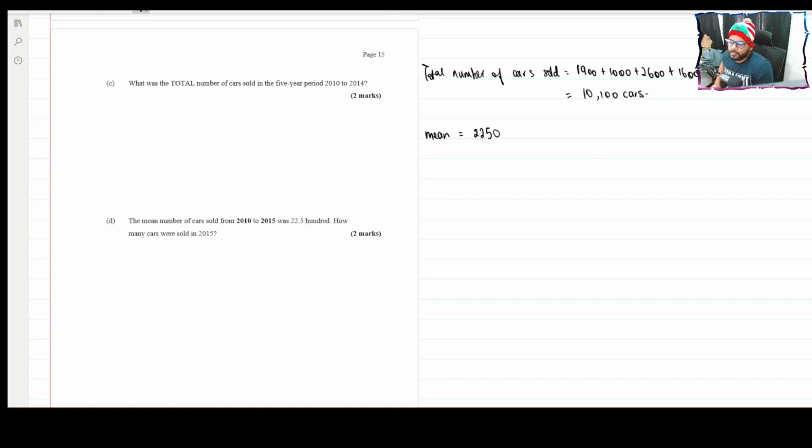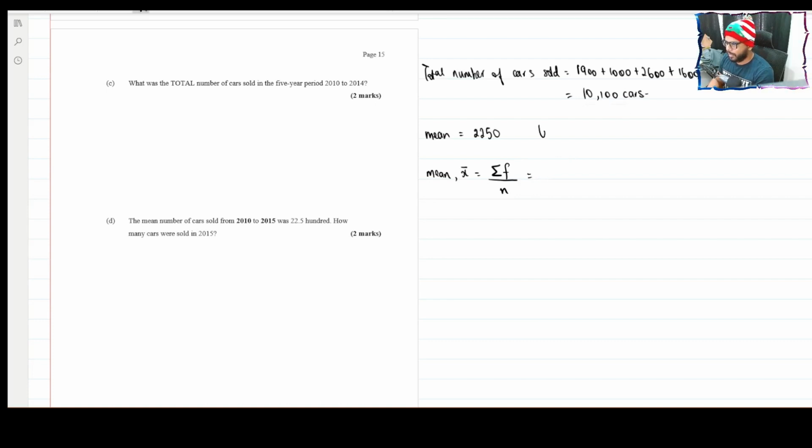And the mean was from 2010 to 2015. However, I have from 2010 to 2014. And if we know anything about the mean, which is represented as x bar, it is the sum of all the x values divided by the number of values,